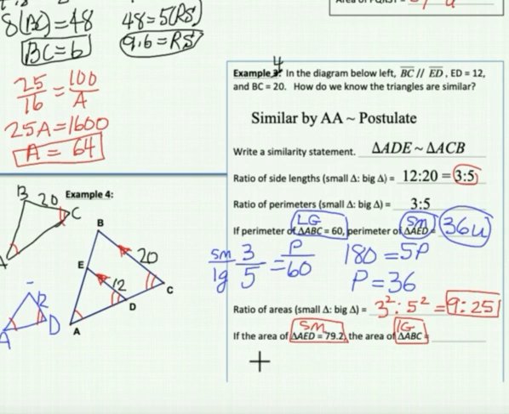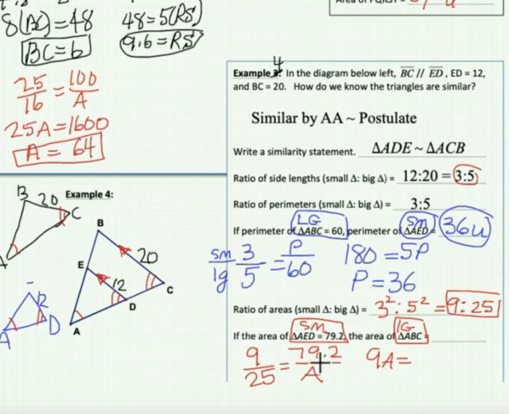So when I set up my ratio, 9 to 25, because that's my ratio of areas, I have the smaller figure's area on top. And the smaller figure's area is 79.2. And the area of the larger figure is what I don't know, so I'll give it the variable A for area. And then I'll do 9 times A